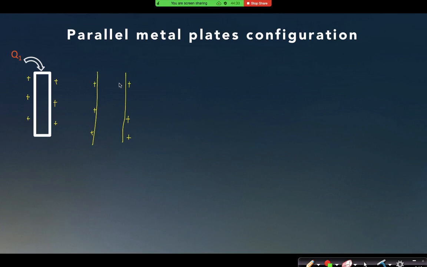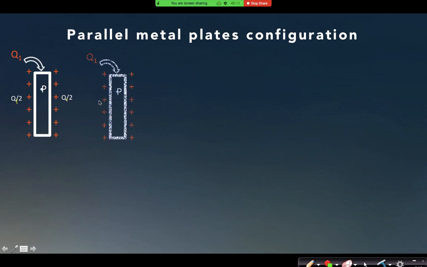So if the charges are not the same, then at this point, which is an inside point of a metal plate, this sigma by 2 epsilon naught and this sigma by 2 epsilon naught will not cancel each other, right? But it has to be 0 at any cost. So that is why this charge will be q1 by 2 and this charge will also be q1 by 2, right? So in that way we can distribute the charge. If I put only q1 charge, they will be equally distributed. Why? Because at this point P the net electric field has to be 0.